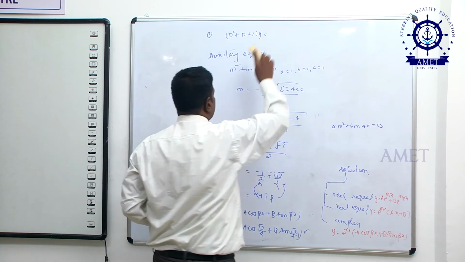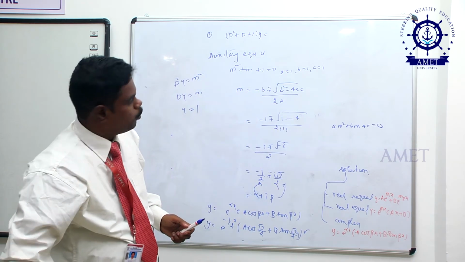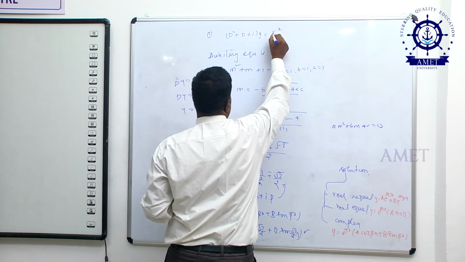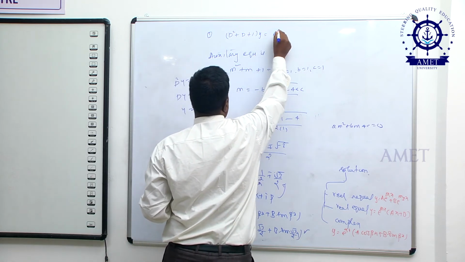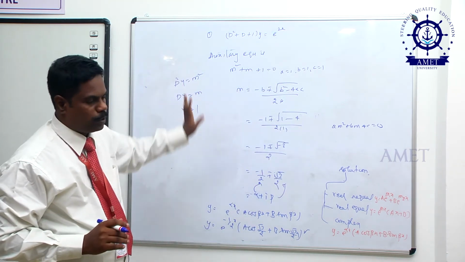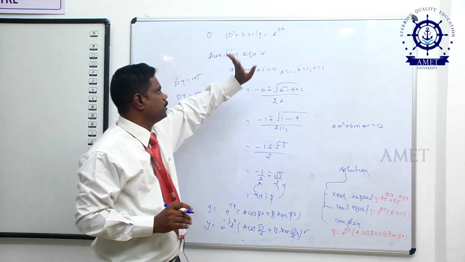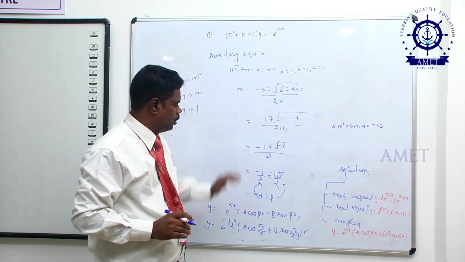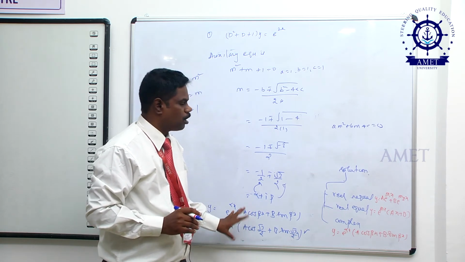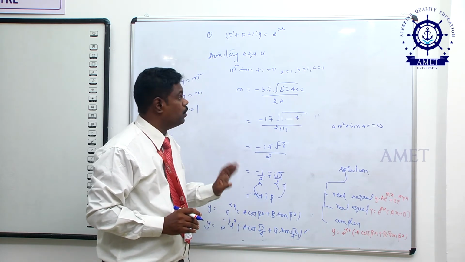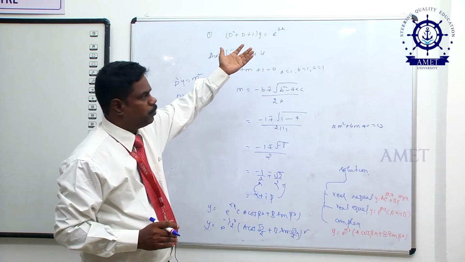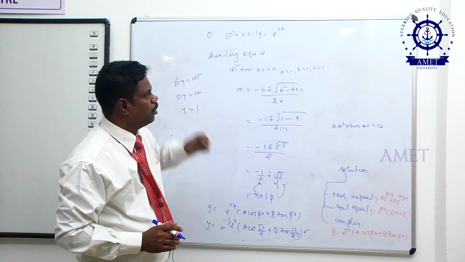Okay, same thing in the same equation. Instead of that 0, I am writing 2x. The same problem, the derivative part is the same, I am changing only the right hand side to 2x. This part is called the derivative part, and the derivative part is called the complementary function. The other part, the solution of the x part, is called the particular integral.